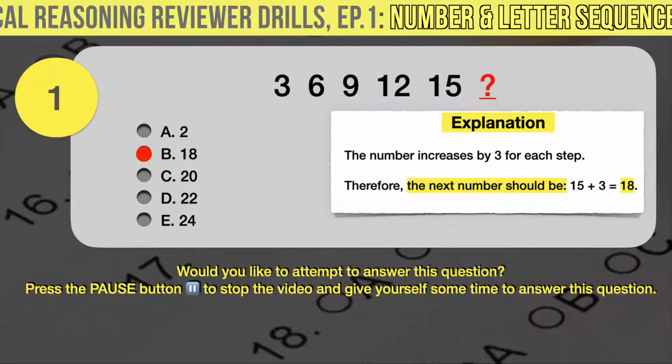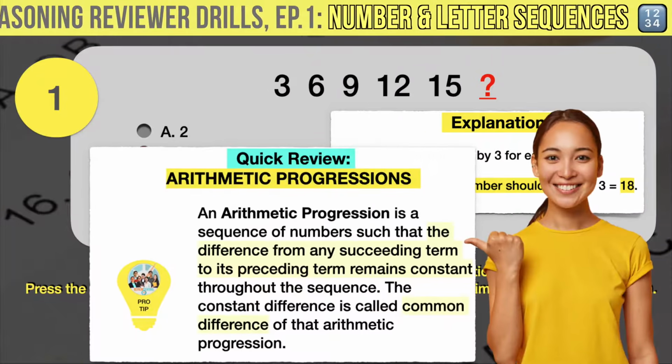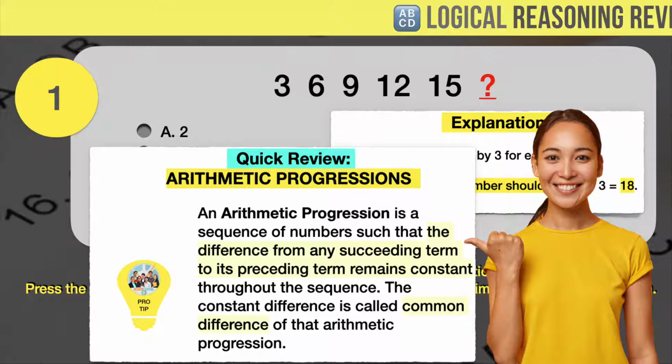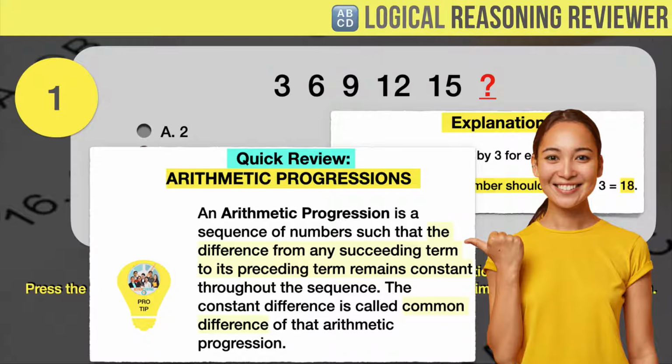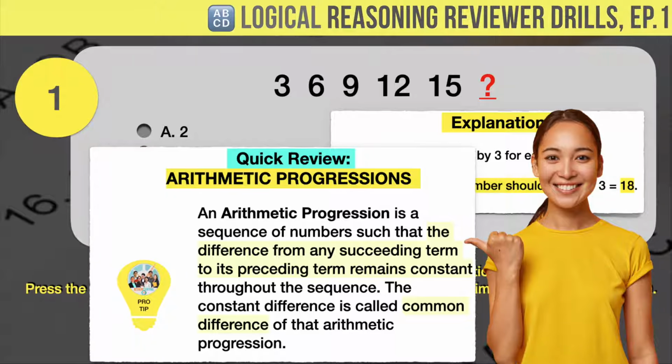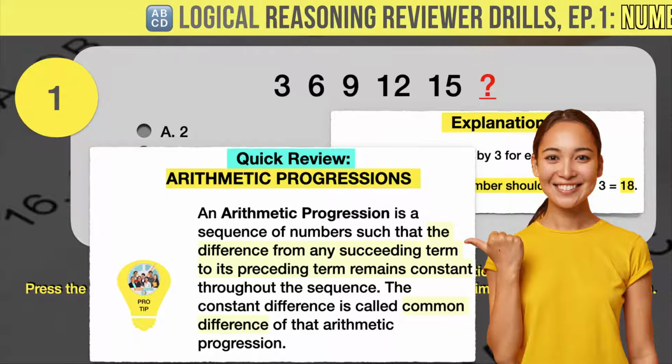An arithmetic progression or arithmetic sequence is a sequence of numbers such that the difference from any succeeding term to its preceding term remains constant throughout the sequence. The constant difference is called the common difference of that arithmetic progression. In our given sequence, the common difference is 3. Although you don't really need it to solve our very simple number sequence, it should be useful for you to know